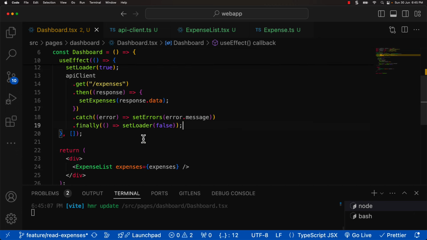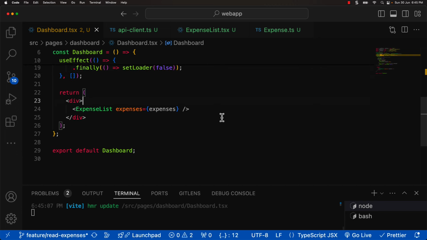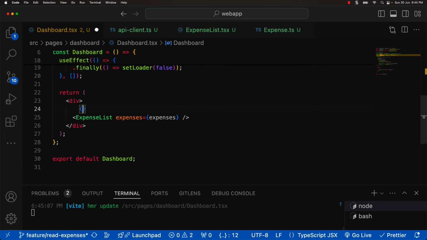What I'll do is, inside the div, we can check whether the error object is present. If the error is present, then we can display the error message. We can display it in the paragraph tag. We can display the error. Let's save this. Now, in order to simulate this scenario, let's go to the API client,